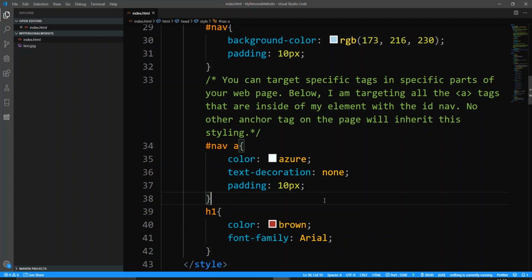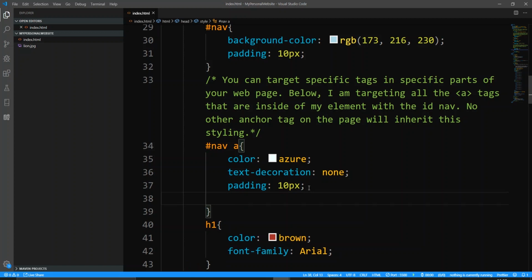So we have the anchor tags, we have the navbar, we give it a distinct background color, and we say, take up a bit more space. We modified our anchor tags to look a bit different from the regular anchor tags on our page. If you want, you could text align them. All you would have to do here is say text-align: center, and it would center align all of the links in the navbar, sorry,